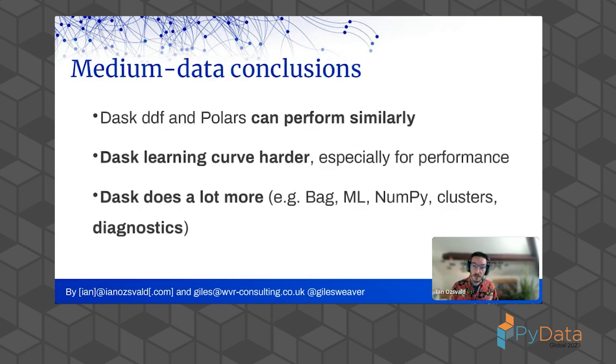I think for medium data that's bigger than RAM, Dask and Polars can perform similarly. Dask has a harder learning curve, particularly if you want to go down the optimization route, but it also has support not just for Pandas data frames, but NumPy and standard Python functions with delayed computation and machine learning, distributed machine learning, and it has really, really rich graphical diagnostics. If you're doing single large machine or multi-machine computation, the diagnostics and the ability to cloud host that in Dask is really kind of interesting. So it leads to a very, very scalable solution if that's the kind of data set size that you're working on.